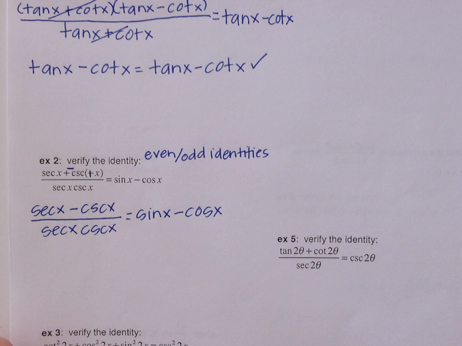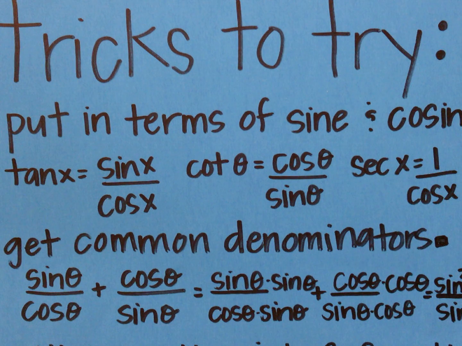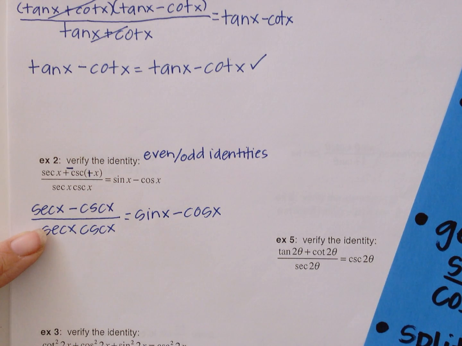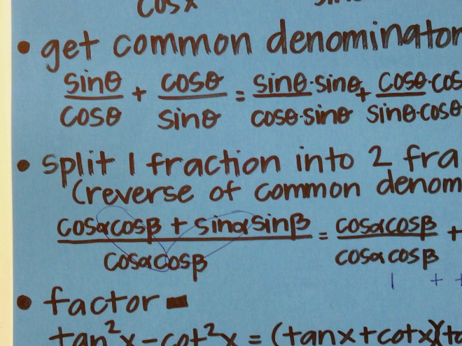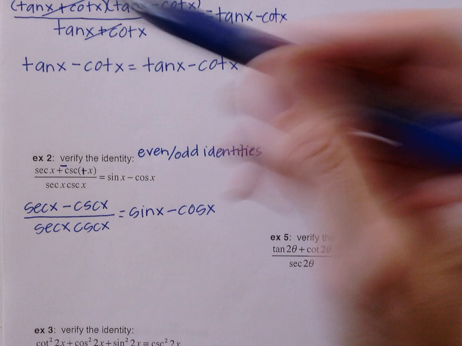So here we are at this step, and we're like, okay, well, what do we do now? Yesterday, or in the previous lesson, we had tricks to try, so it's a good idea to have this lesson out. The first of the tricks we learned was to put it in terms of sine and cosine. We could get common denominators, which really doesn't apply to this situation because, as you notice, it already has a common denominator. So maybe you want to split into sines and cosines first, but looking ahead, just doing a quick bit of math mentally, what I'm noticing is